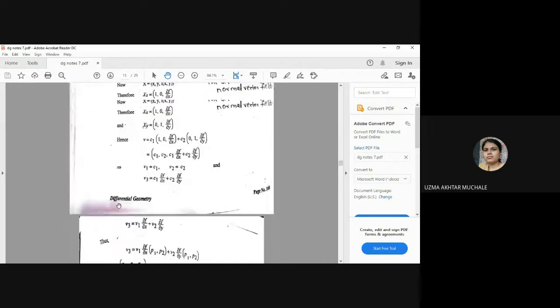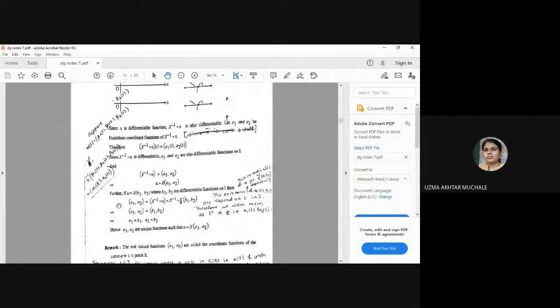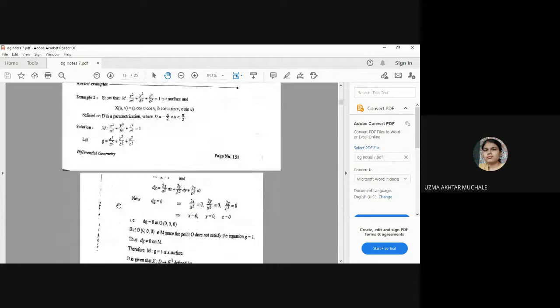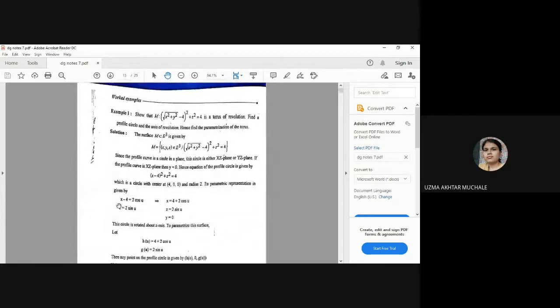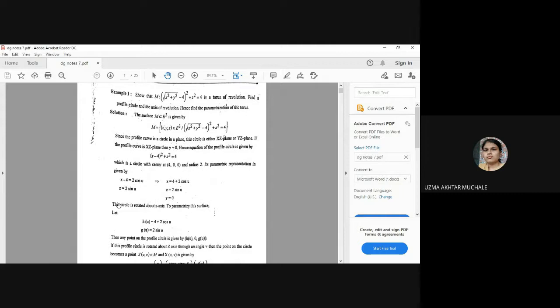For the third chapter, let me remind what we have seen. We started with the definition of a coordinate patch, proper patch. What is a coordinate patch? It is nothing but a one-one and regularity. What is x? A mapping from D to E3 such that x of u is equal to XYZ. Now that XYZ you have to find out. Correct? After that we have seen what is surface of revolutions and then what is a singular point.